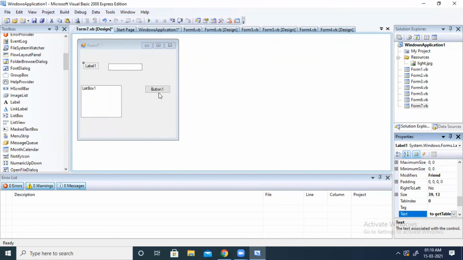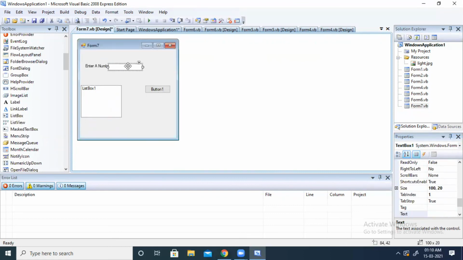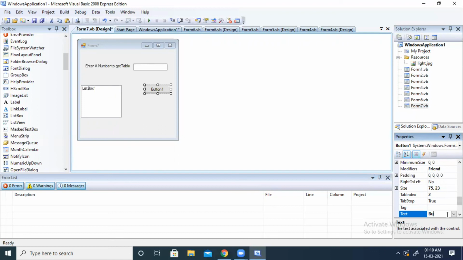Now this button is show button. So when I enter the value and click on the show button, it is going to display the table. Okay, so now let us write the code for this.